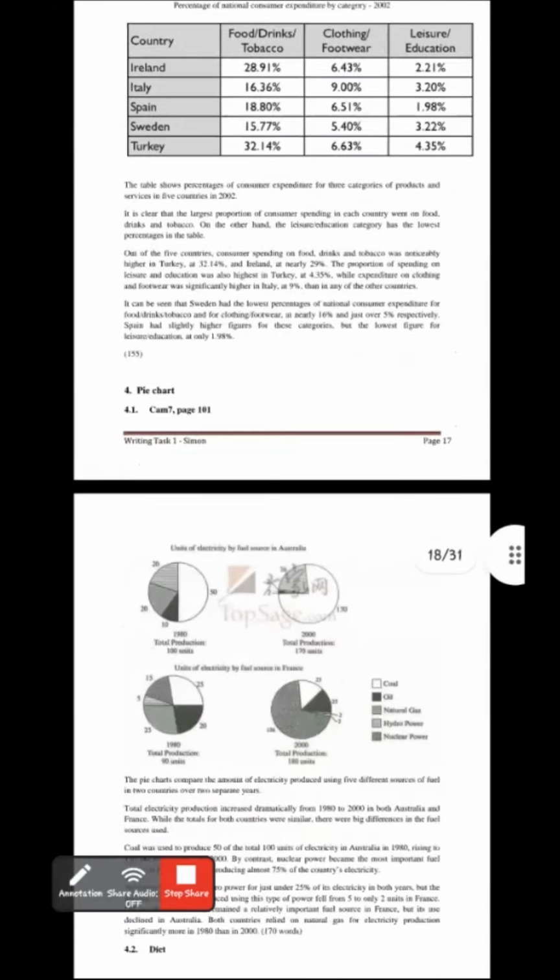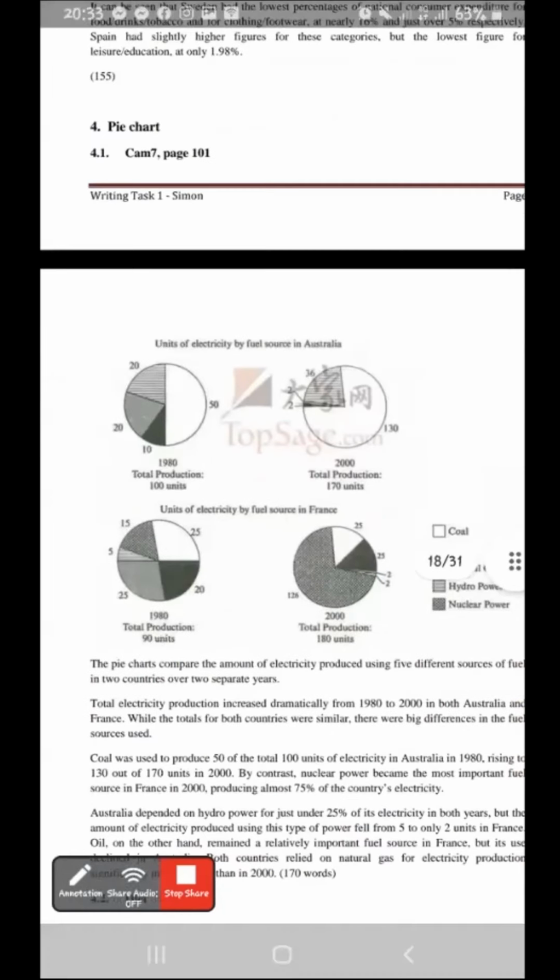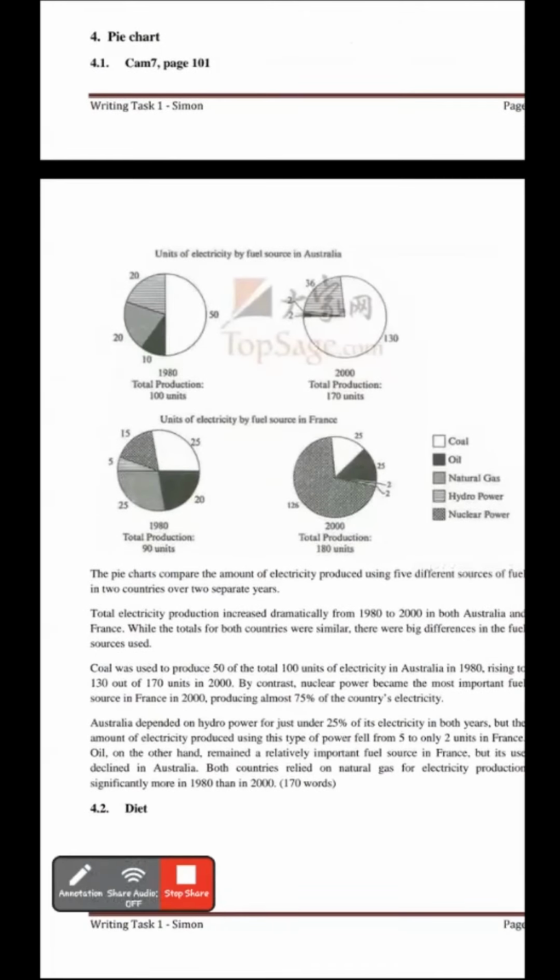Okay, so let's deal with pie chart. Okay, so you can see that there are 4 different pie charts. Just so you know that